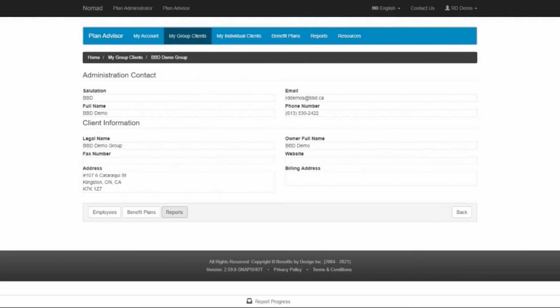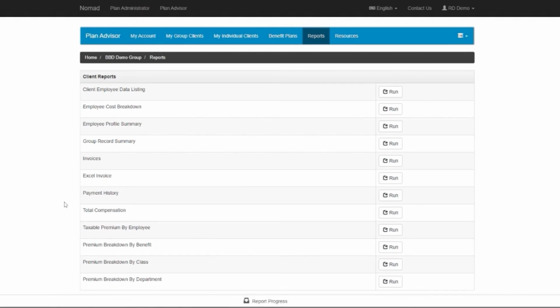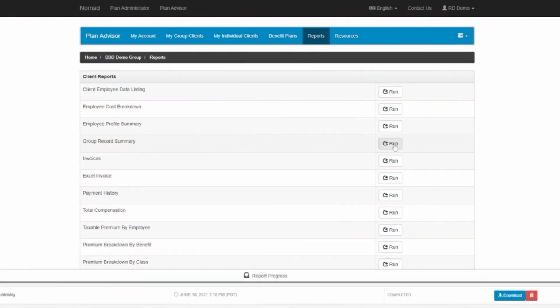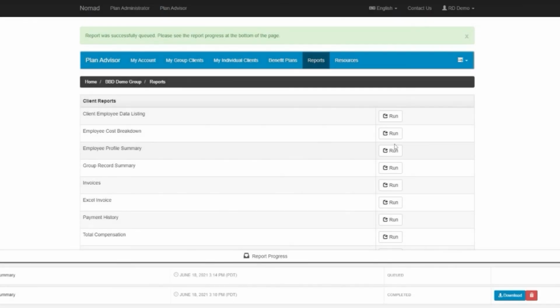Lastly, if you need to run reports for any of your groups, simply click the Report button from the Group Summary page. Select Run beside the report you require, and a Download button will appear at the bottom of your screen once the download is complete. That completes the